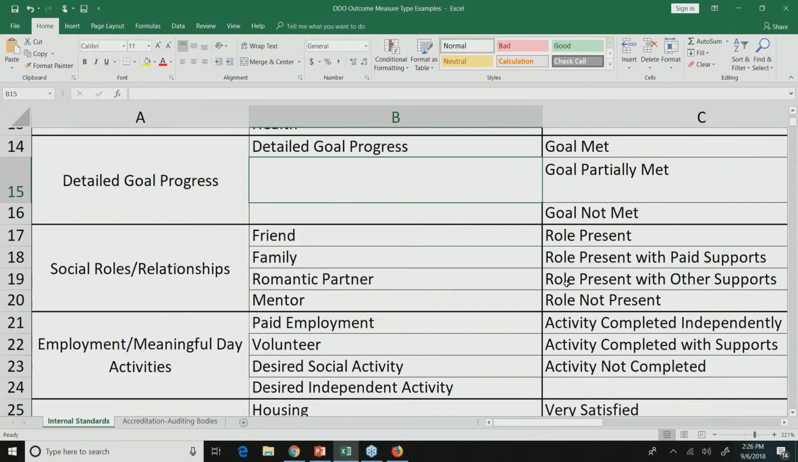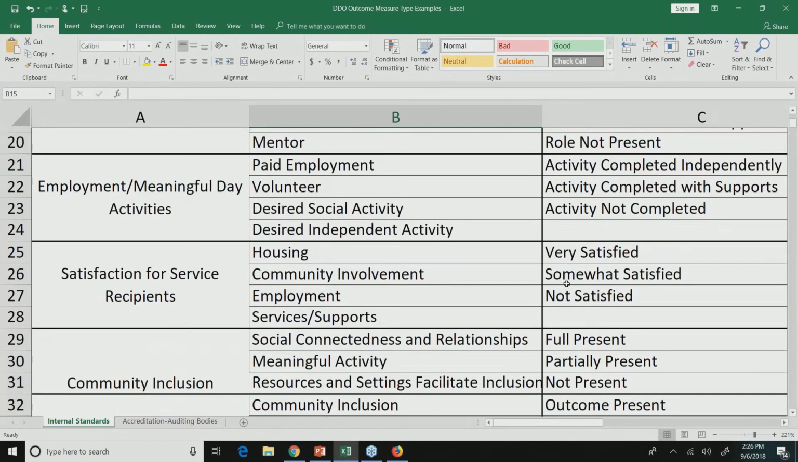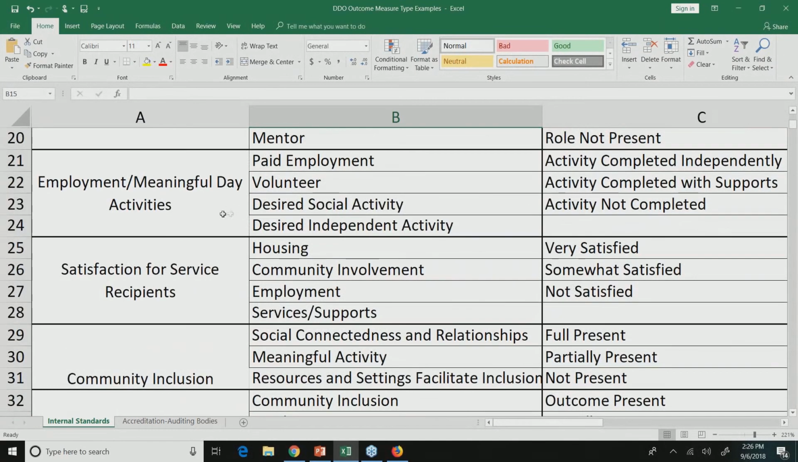So all of these ones are particular examples of things that can be used. Maybe you're looking at employment activities and you want to track whether this person is having meaningful activities during their day and what sort of roles they're taking on within these particular employment opportunities. So maybe the activity is that they're doing paid employment versus volunteering, a desired social activity or desired independent activity. And so you can track whether the activity was completed independently with support or not support,